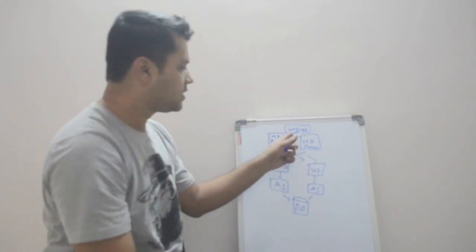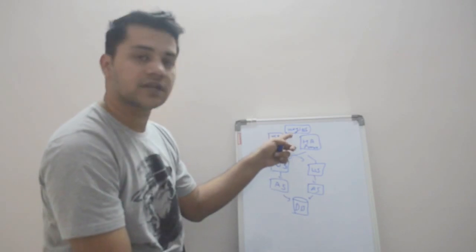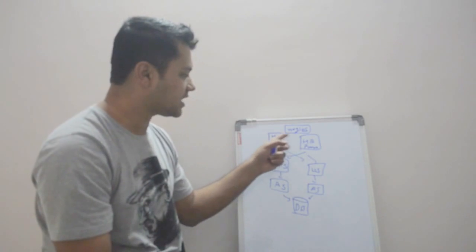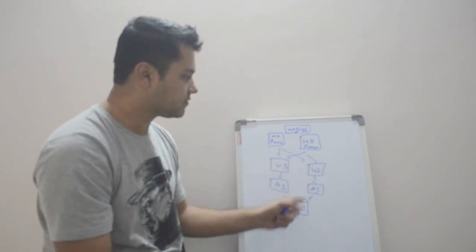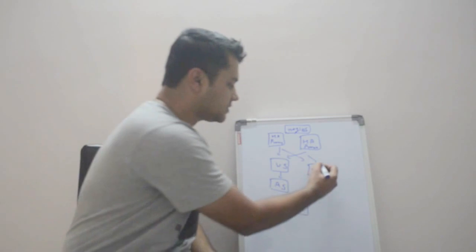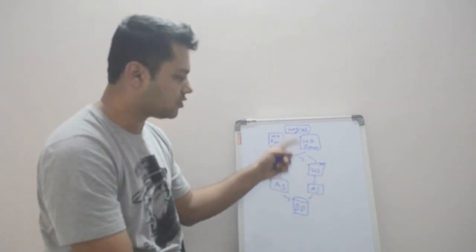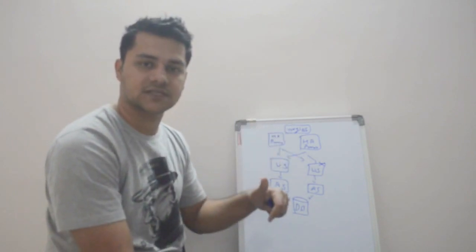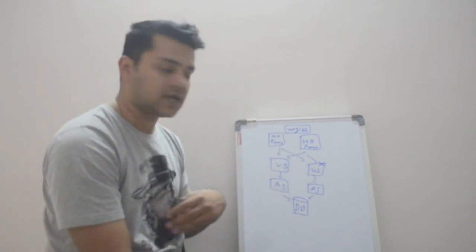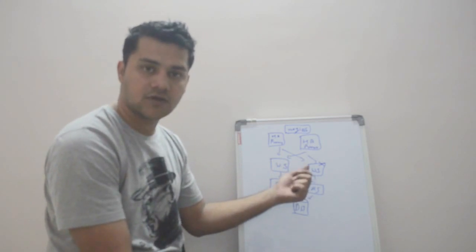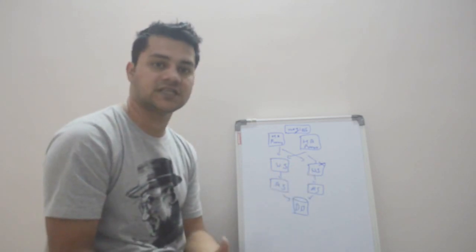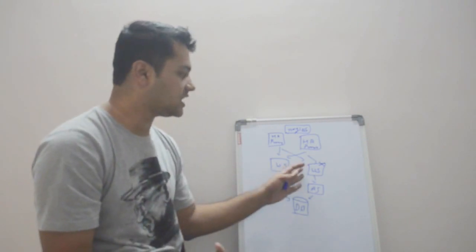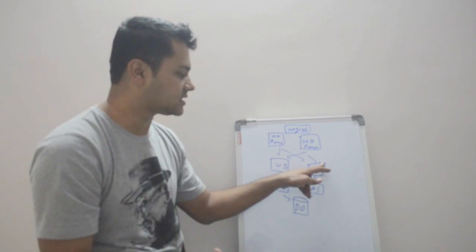This will help. This will run on a separate machine, which is our monitoring machine. What this will do is keep checking which machines are live, and if any machine goes down, let's say this machine goes down, Nagios will know that this machine is down because it is not responding, and it will send us an alert message. So that way we know that one of our machines is down. We can go check what the problem is.